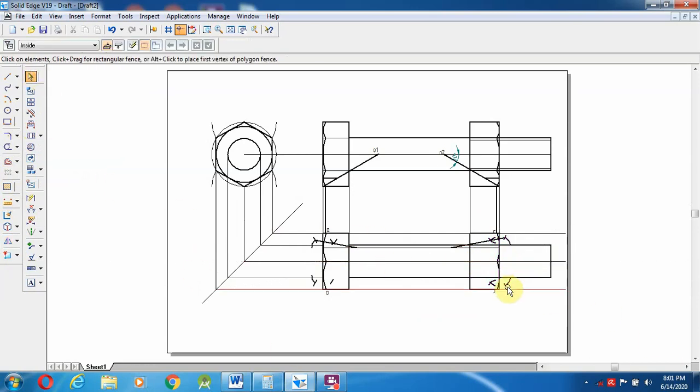After mirroring, these are all the lines. These arcs are not required here, but even if you want to keep them, you can keep them, it's not an issue. So that's it for creating this one. These lines I'm going to make a 0.13 mm line.